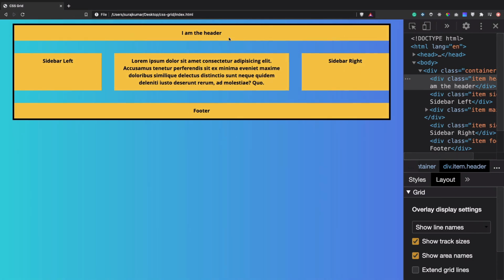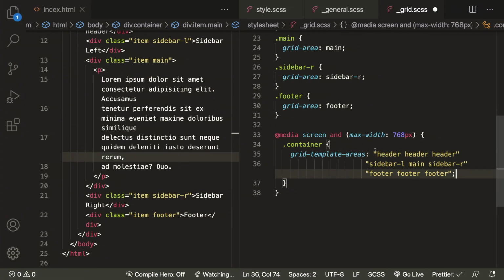You may want the header to be at the top, that's fine. Maybe the main content after the header, thereafter sidebar left, sidebar right, then the footer. So let's name that. Header, header is perfect, then we don't need the sidebar, everything will be main. Main, and thereafter this would also be main.